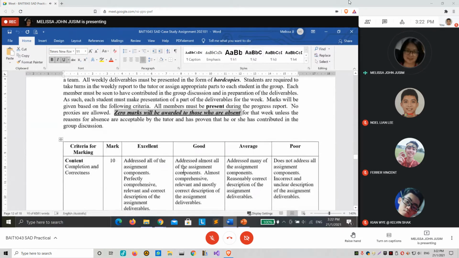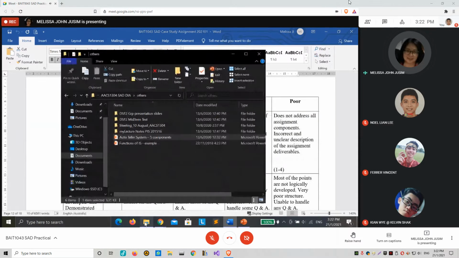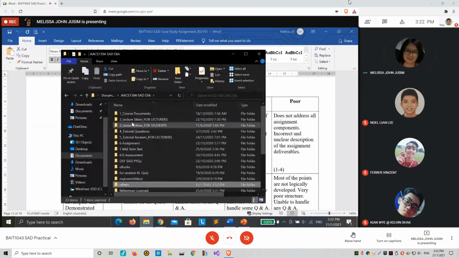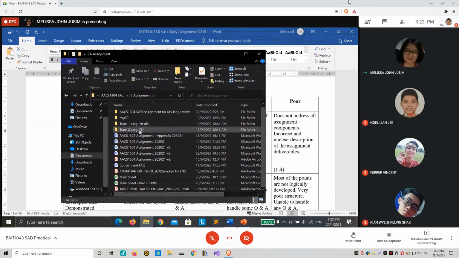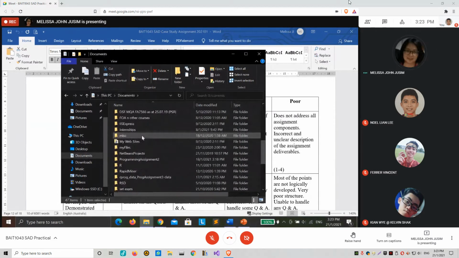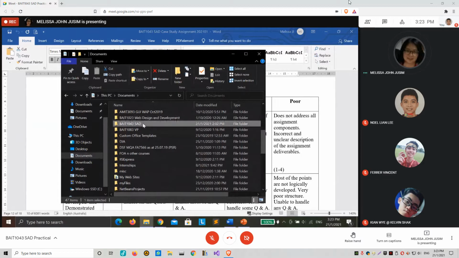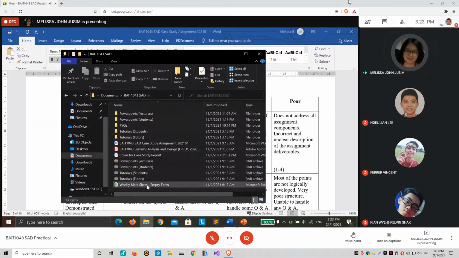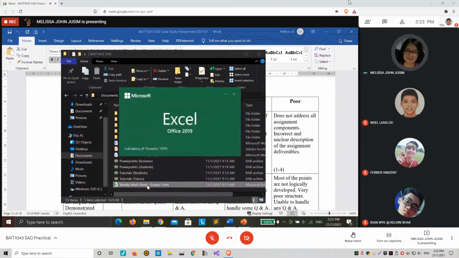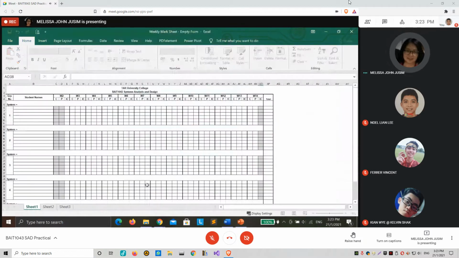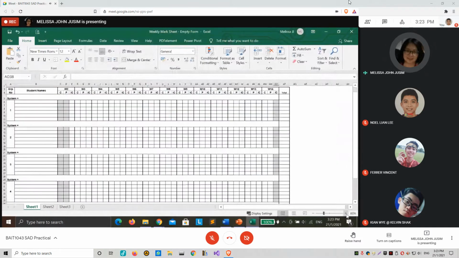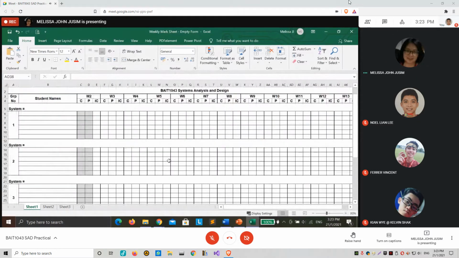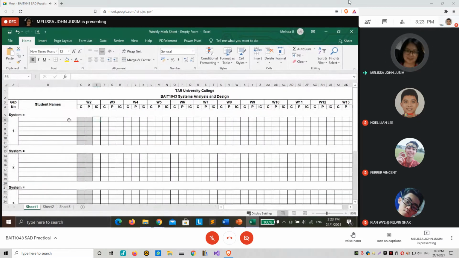In fact, I do have the mark sheet. Oh, wrong one, this one is for the diploma. Okay, assignment, this one. I will use this. So today I will enter the 5 marks for today, which is for the in-class work. This will be your names, 3 names. In-class work only.